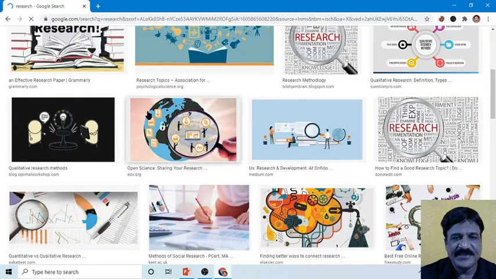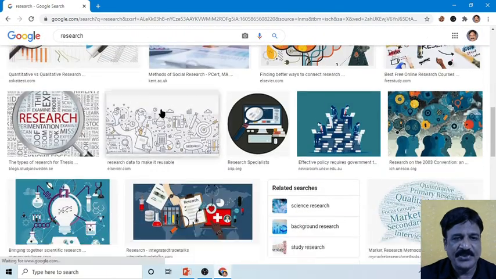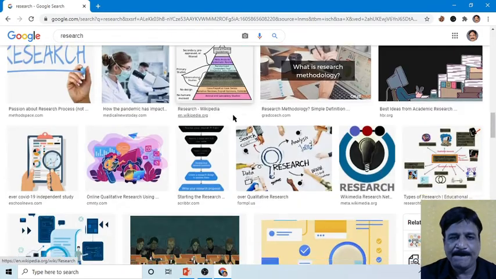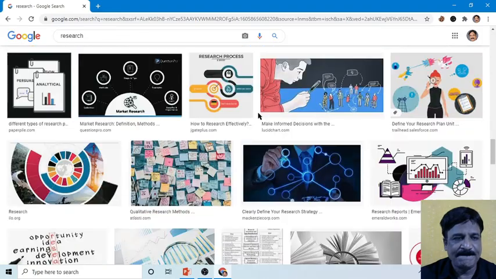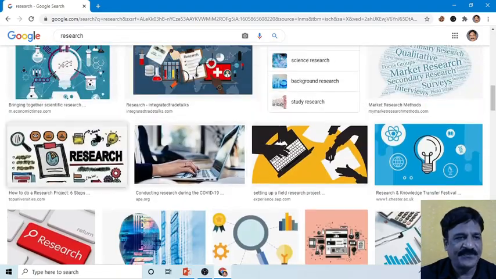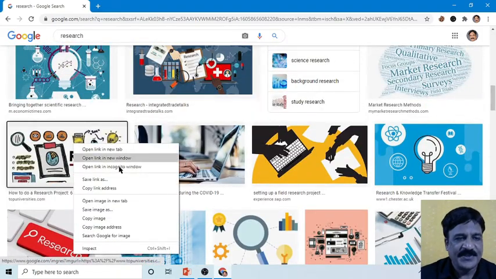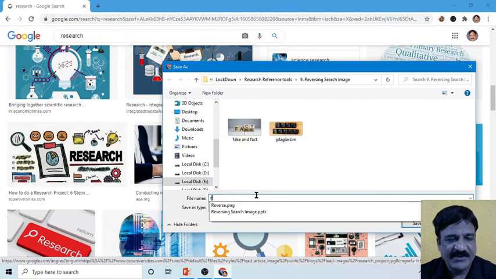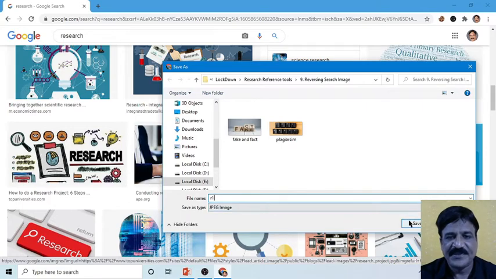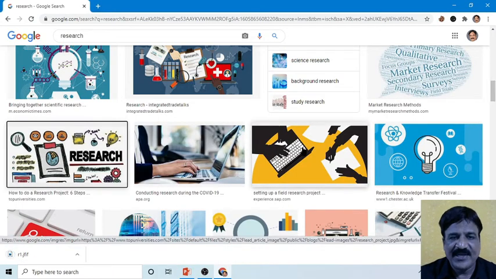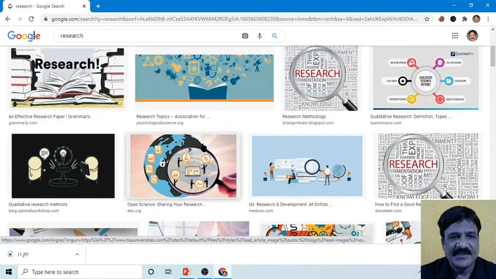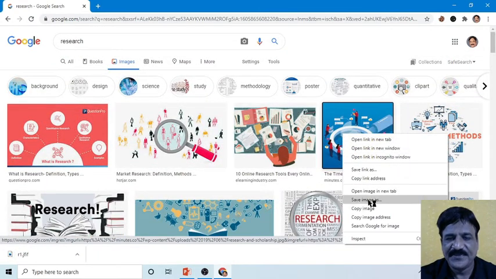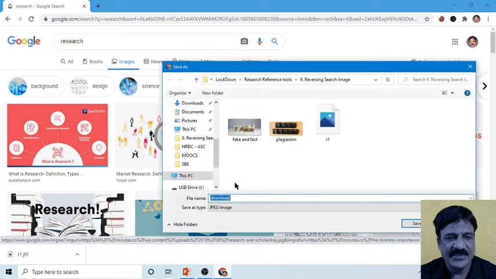Now assume that I want to download this image. So save image as, specify the name of the file, suppose R1. Now download one more file, suppose this one, with the name, say, R2.